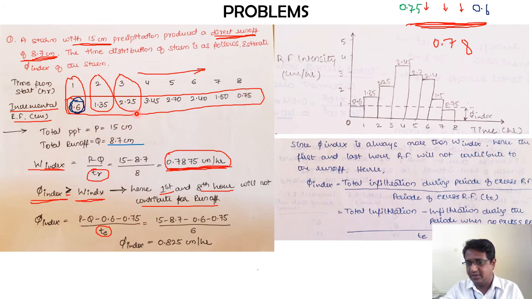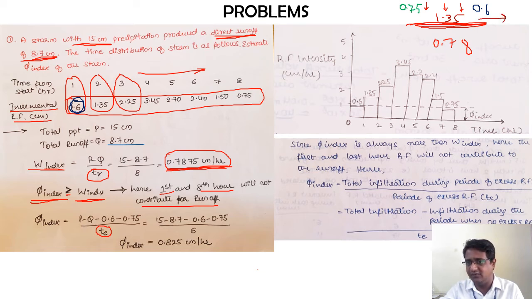Whereas if I take any of the in between hours, from the 2nd hour to the 7th hour, imagine I take the 2nd hour, at that point how is my calculation going to be? For the 2nd hour my rainfall that has occurred is 1.35 centimeter, right? So how much water is going down? Only 0.78 centimeters per hour of water is going down, whereas the difference between these two, approximately 0.6 something, right? So that amount of water is going out as runoff.